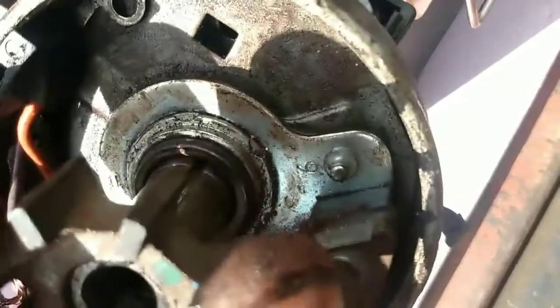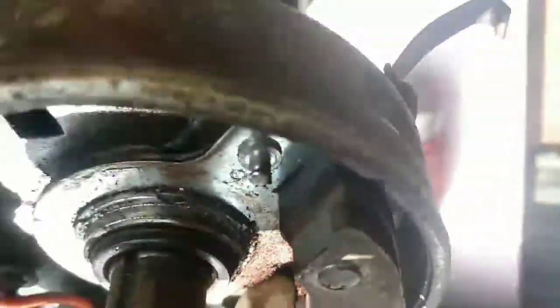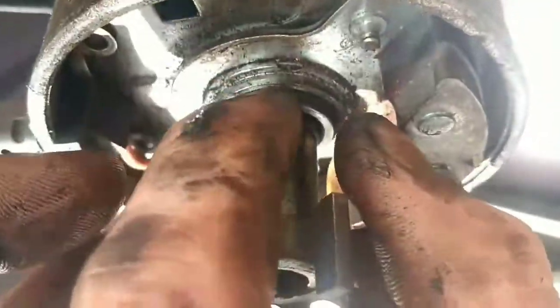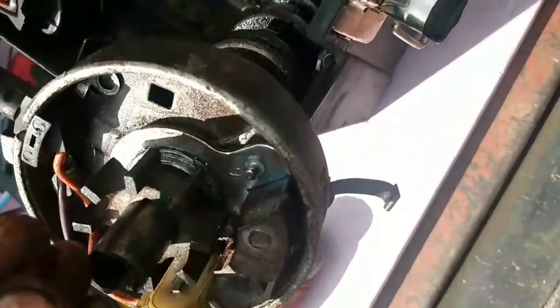Make sure that alignment pin is in there when you put it on, if you're actually putting it together to work. Now that alignment pin can slide past where it's supposed to go. As you can see, the slot continues on down in there. So that pin can go down and lose the reluctor. Just make sure that doesn't happen. See, there's where the reluctor goes, on top of that plate. Then the alignment pin goes in,